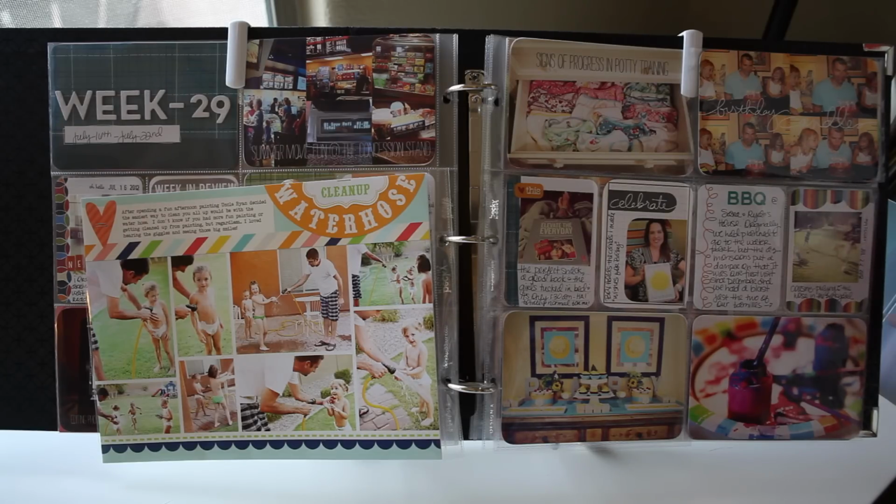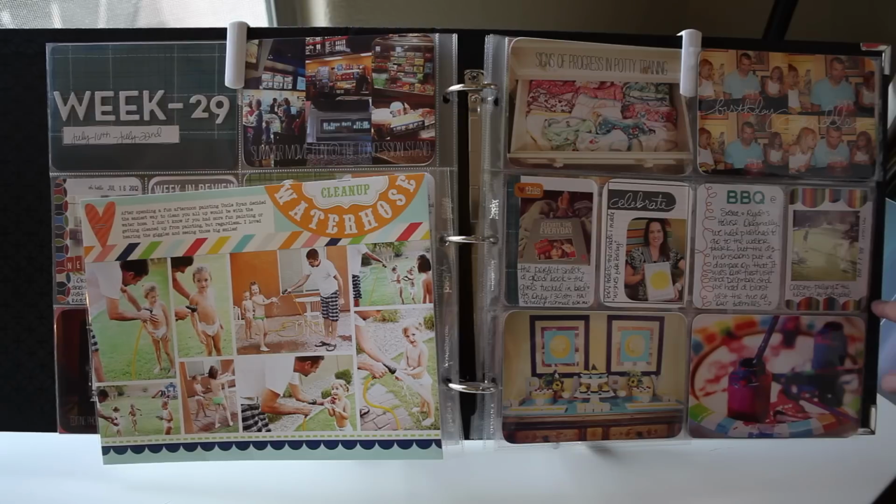Here is the Amy Tangerine stamp again. So come on over. Hope I didn't get too animated, but I'm so excited about